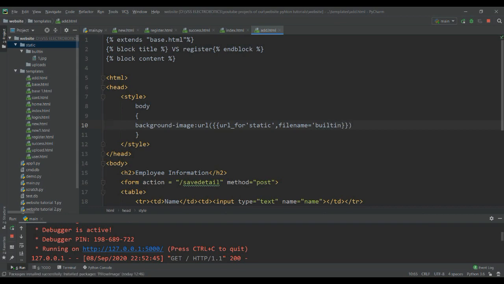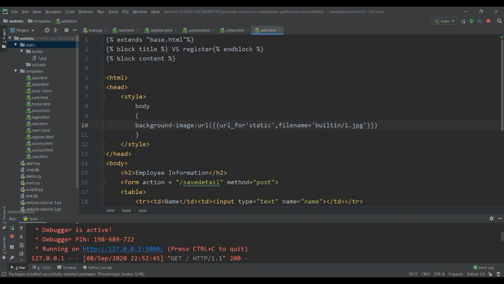Built-in slash 1.jpg. If you don't have anything else inside that static folder, just the images, you can write it directly. But I'm having this subfolder, so I need to write it like this.